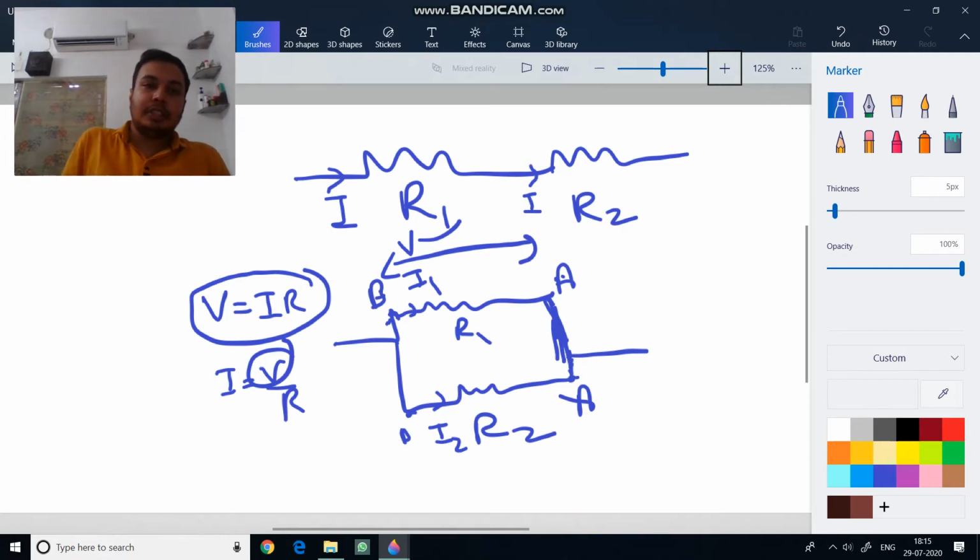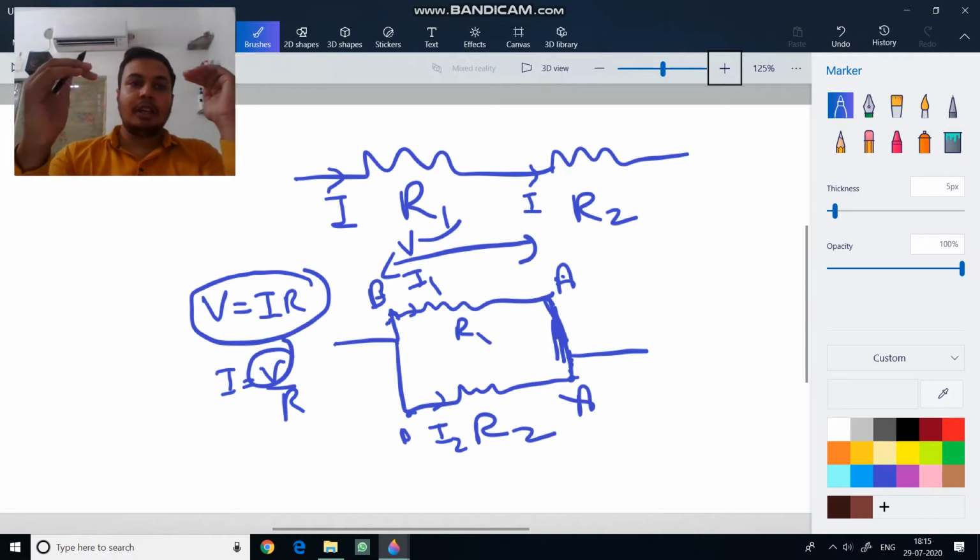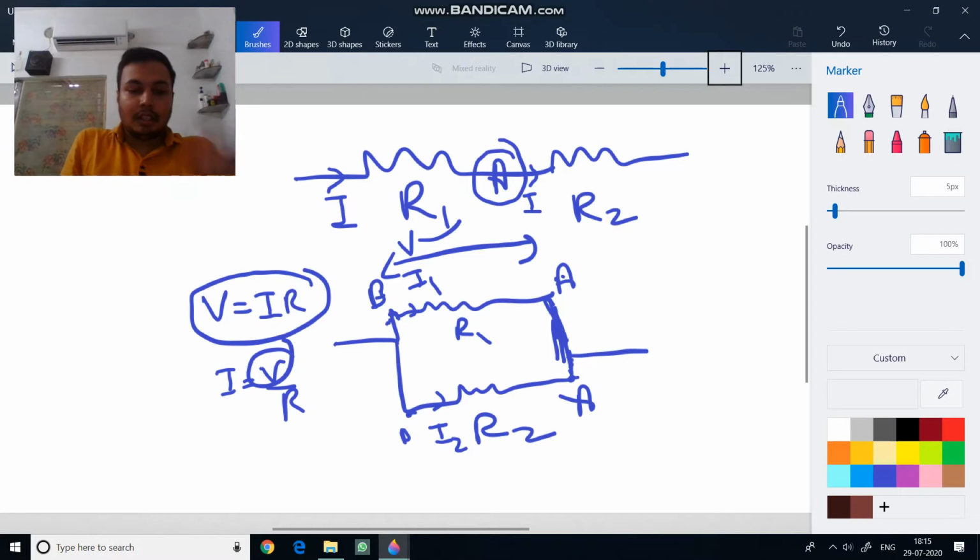While the condition with the series connection is that their current will be the same, because this current I1 entering here has no chance to escape anywhere. The current is going through this wire, so it has to also move across the resistance R2. So in series the current remains the same, and in parallel the potential difference is the same. As we have to measure current, the same current which flows through the resistance R1 should also flow in the ammeter. So let me draw you another diagram.